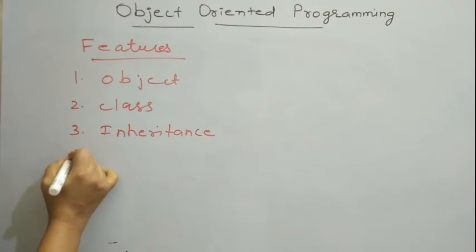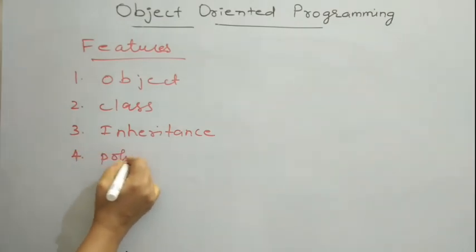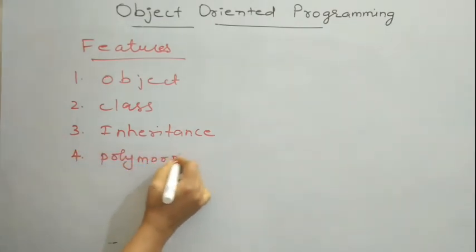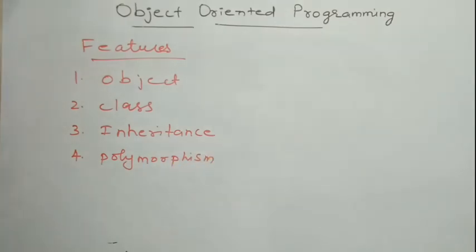And then the fourth one is polymorphism. Polymorphism is implementing a task in different ways. It is one name with different forms. How is polymorphism implemented in Java? Polymorphism is implemented in Java in terms of method overloading and method overriding. We can have different signatures for the same method. Based on the parameters we pass, different methods will be invoked.